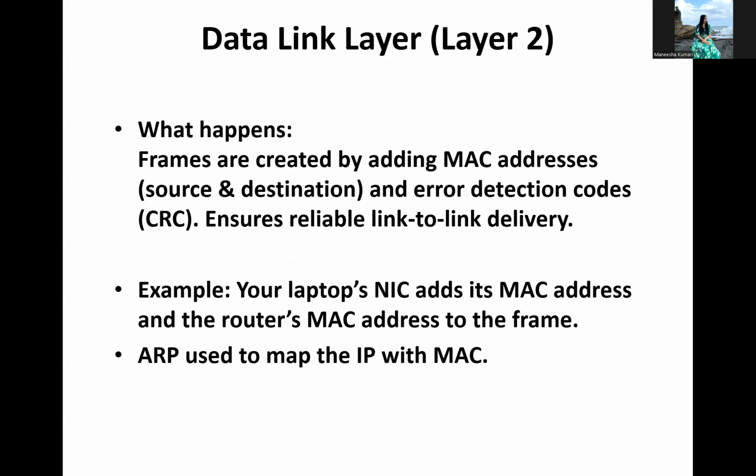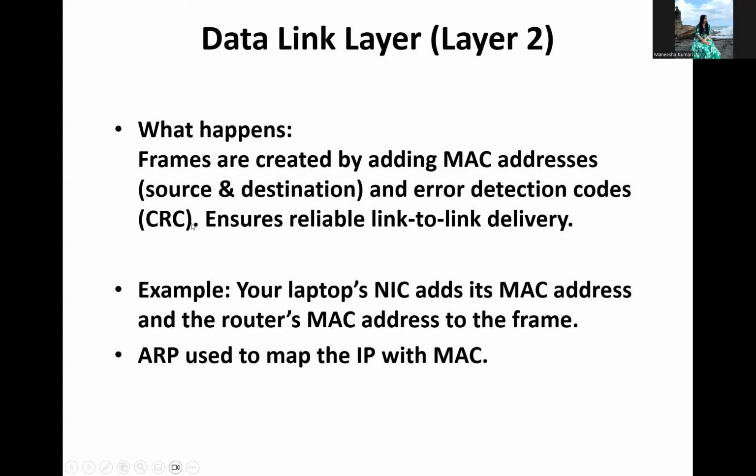Next is the data link layer. What happens at this layer? Frames are created by adding MAC addresses. Like in the network layer, where the IP address was there, in the data link layer, the MAC address will be there. So whenever you see a MAC address, that is happening at layer 2. Frames are created by adding the MAC address of the source and destination, and error detection codes